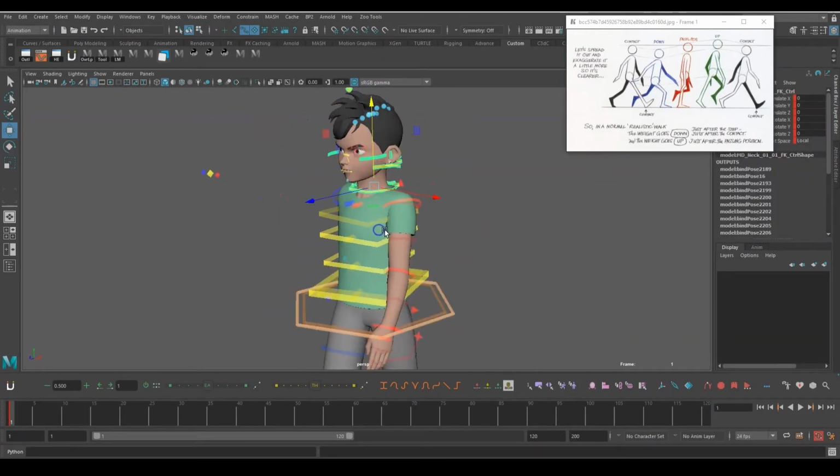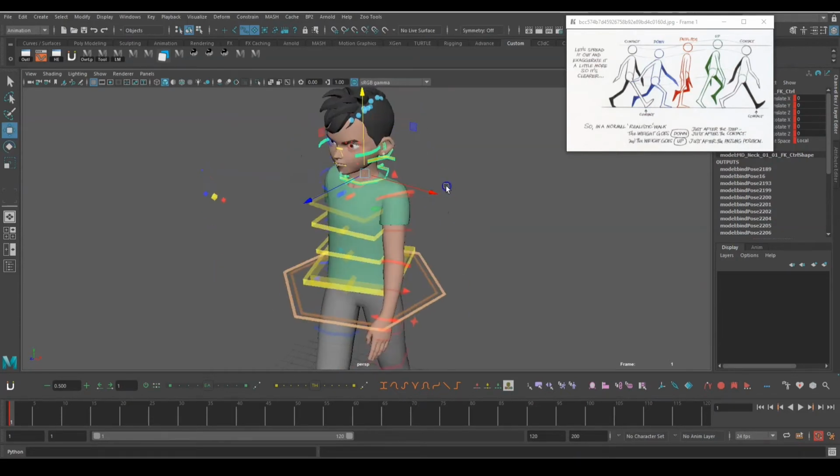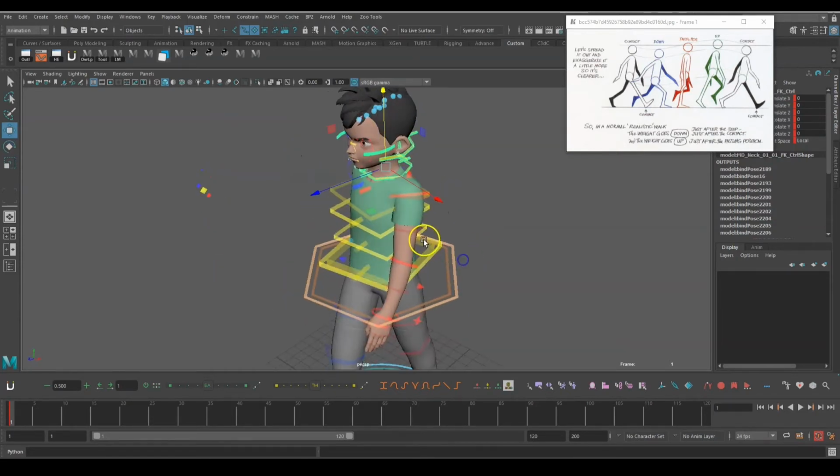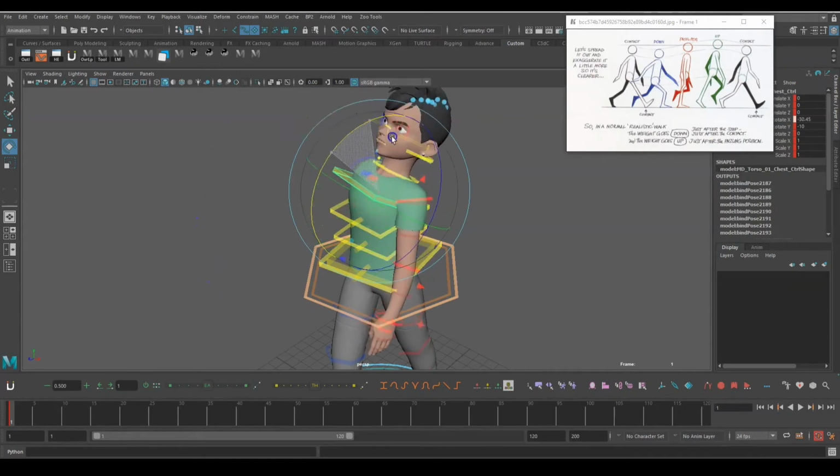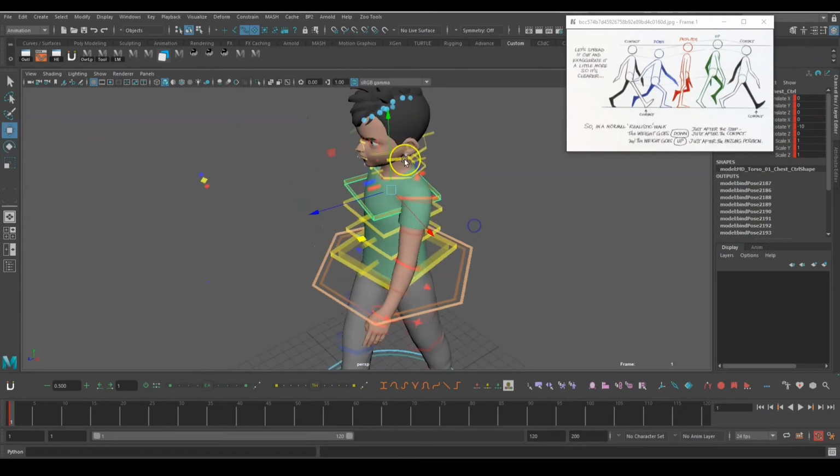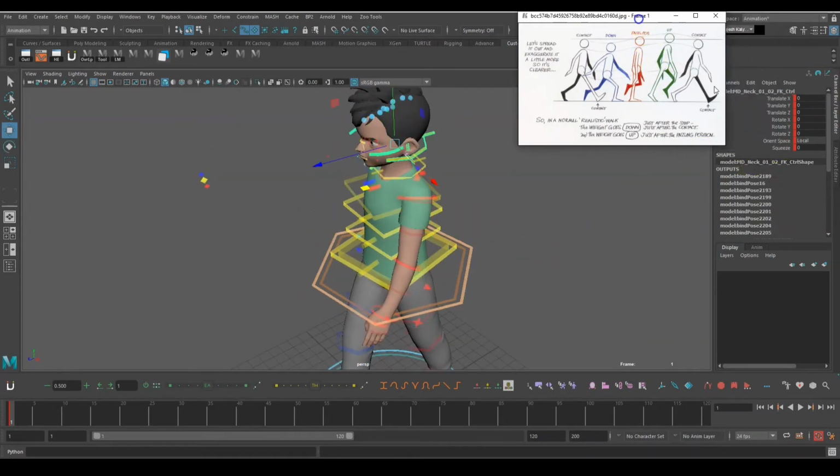So also we missed this part, actually for the neck also we need to keep it in master, so I forgot this. When you rotate the body, for example you rotate the chest, the head is following with the chest. So what I will do, select the neck and move this local to master.